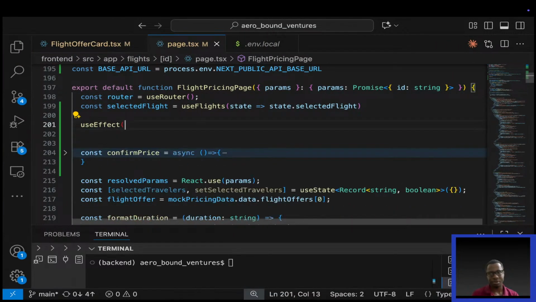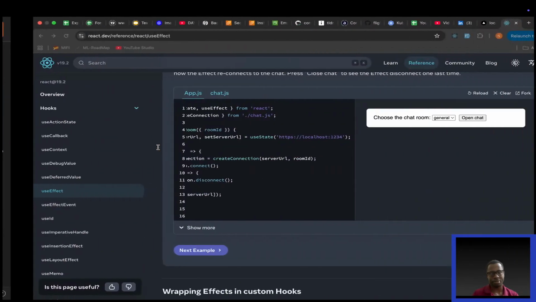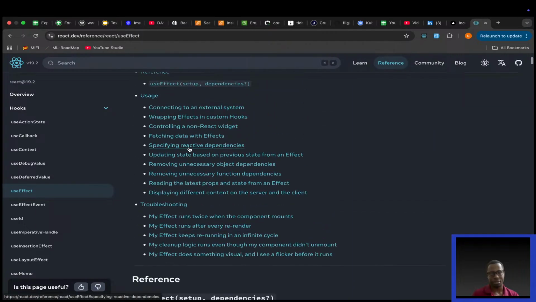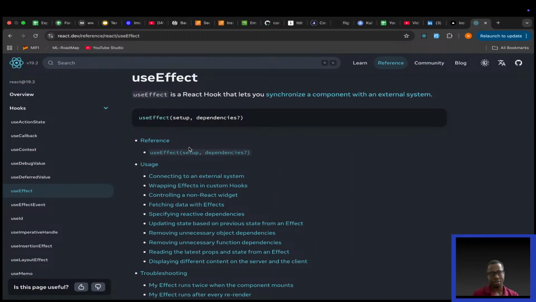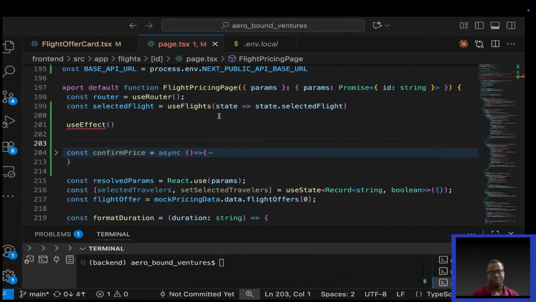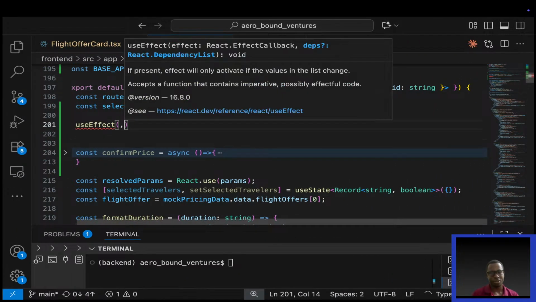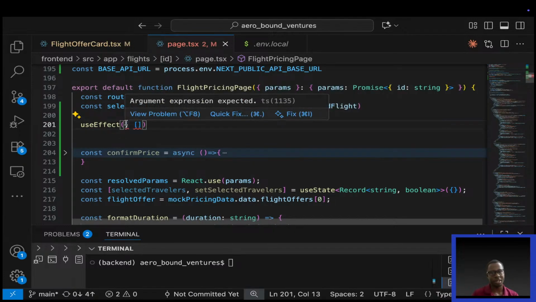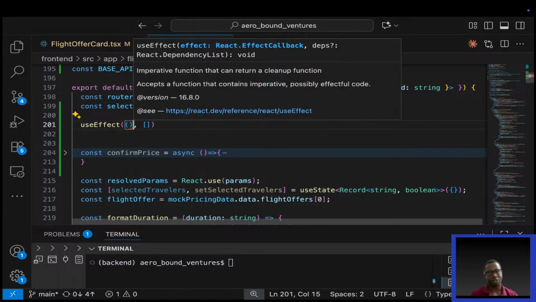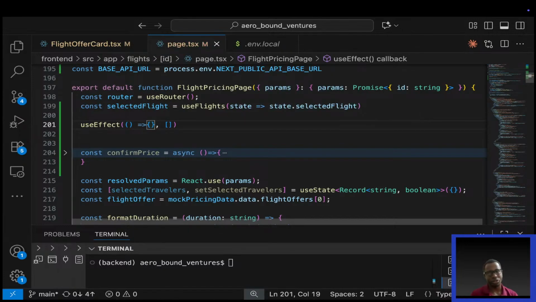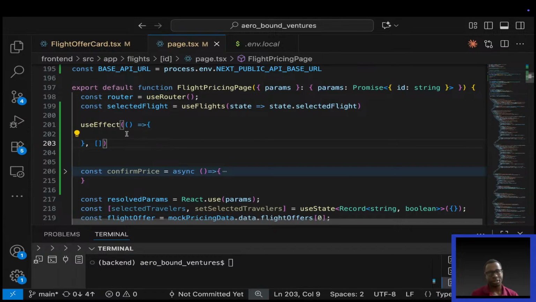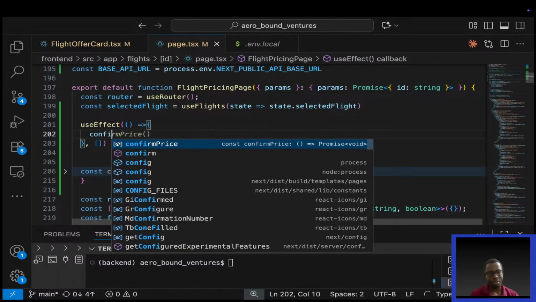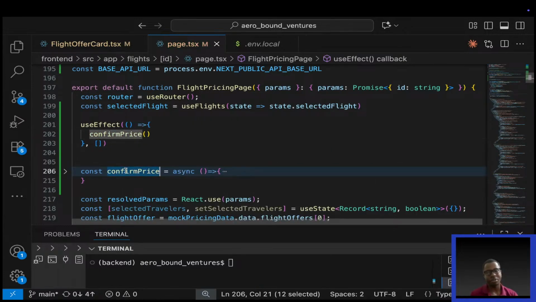So let's do it. Okay, it's a useEffect, that's the first step. Let me go to the example. Where is it? Okay, so you useEffect, the setup function and dependencies, separated by a comma. So the dependency array is this. Then here I need the setup function, which will be like so. Okay, so I think this should now be okay. I say confirmPrice, so I'm simply calling this function